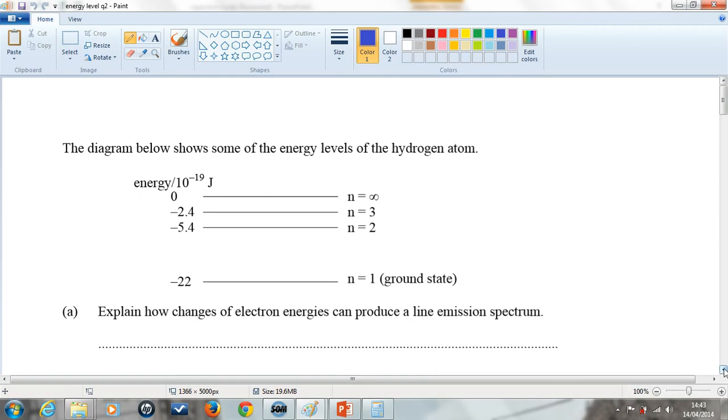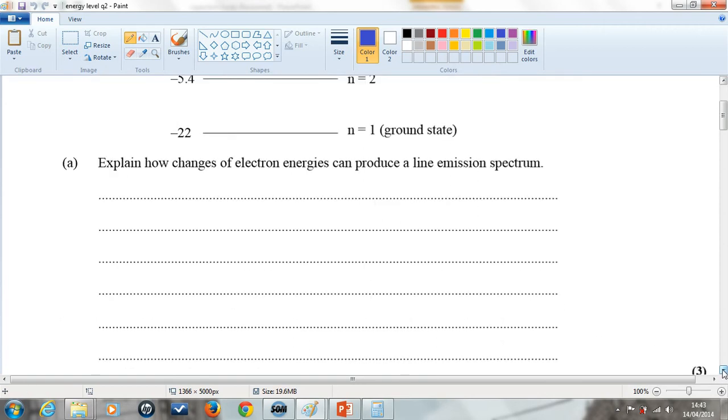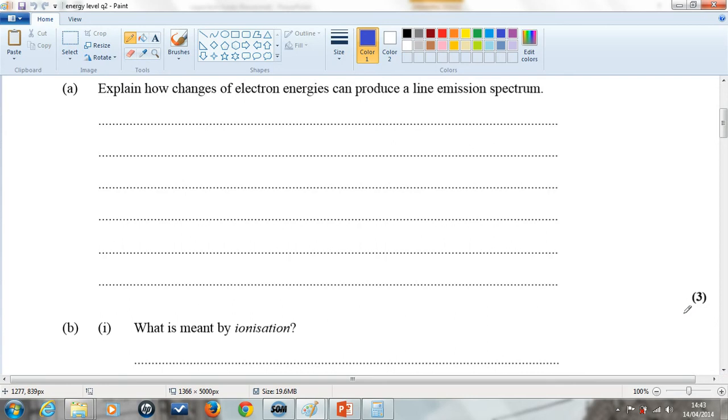Now the first part of the question is a wordy, explainy question, and it's worth 3 marks. It wants you to explain how changes of electron energies can produce a line emission spectrum. So you're looking to have at least 3 points in this and have it be well written in order to get your 3 marks, but it's always good to include extra info if you can. So whenever we're talking about absorption spectra or emission spectra, the first thing to note, and of course you won't bullet point this, you will write it out in full, is that electrons